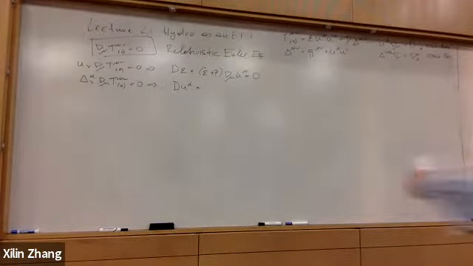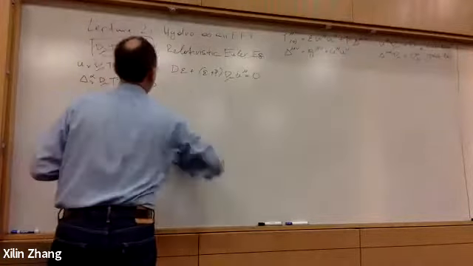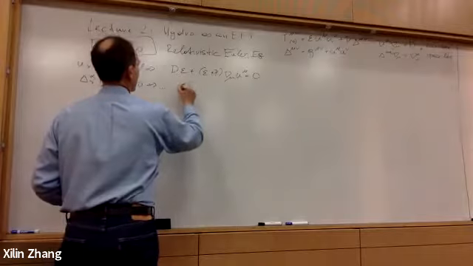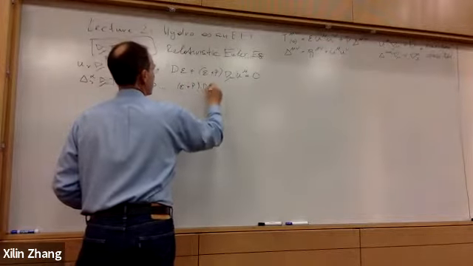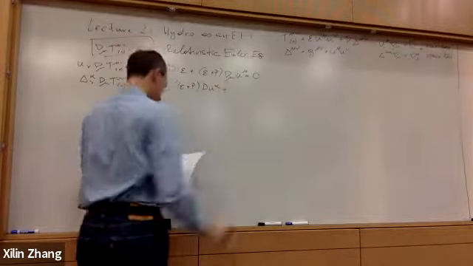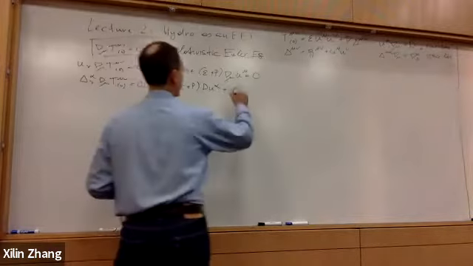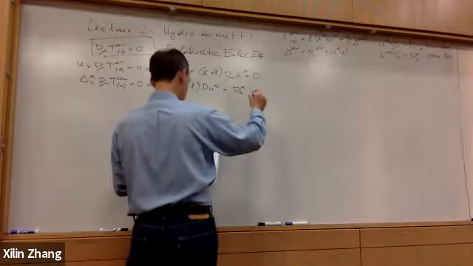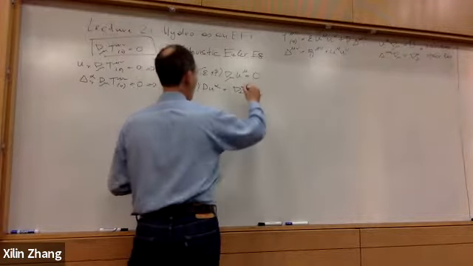We'll go back. Right. Like this. Epsilon plus p u alpha plus, and what you get here is the space-like gradient on the pressure,